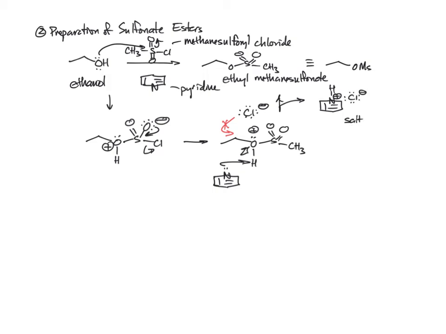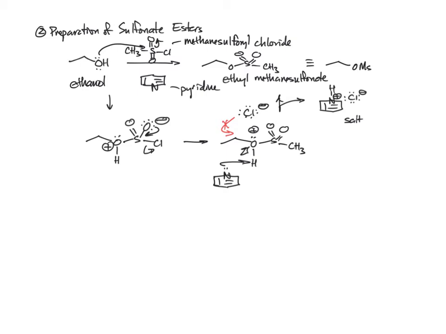So again, anytime you have plus, minus, this is a salt, it's an ionic attraction. So that's why we're using the pyridine base in there. And so we can actually isolate this